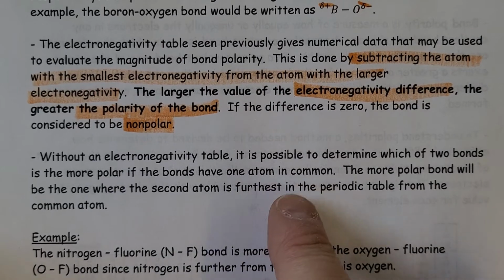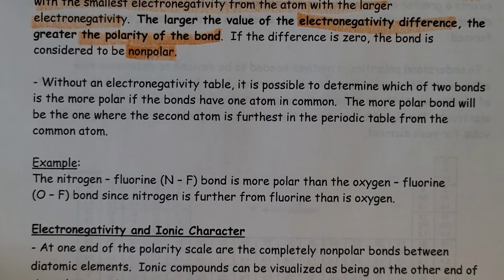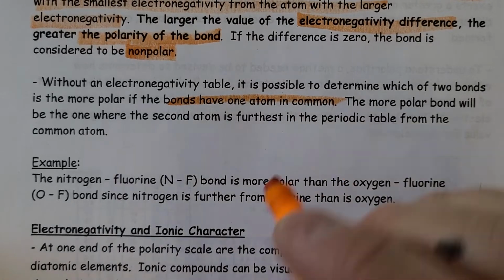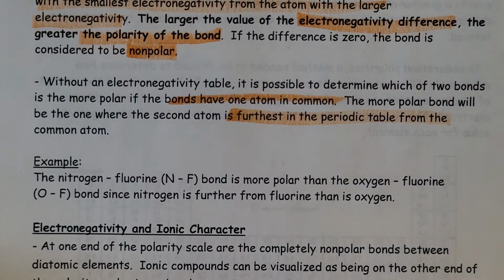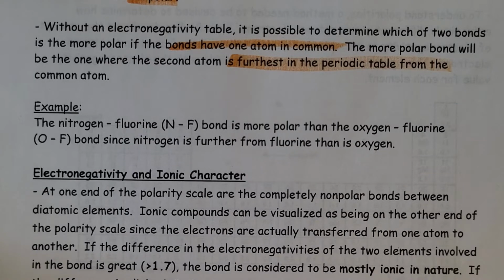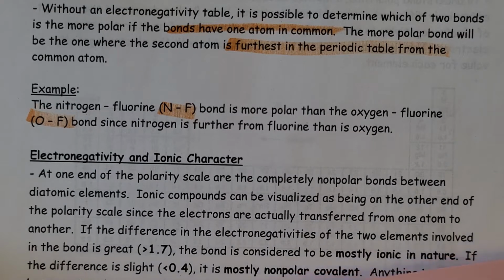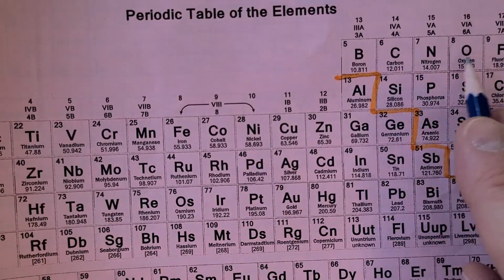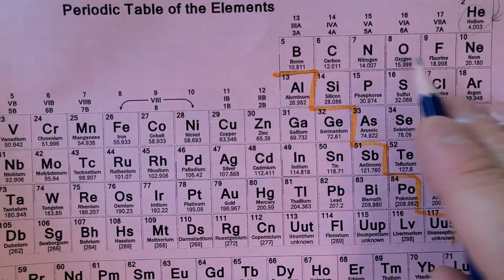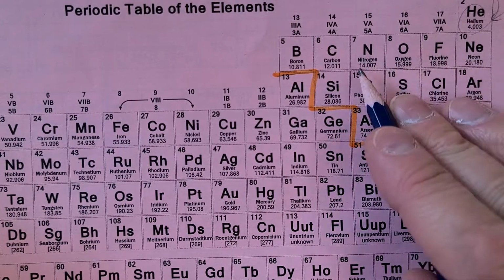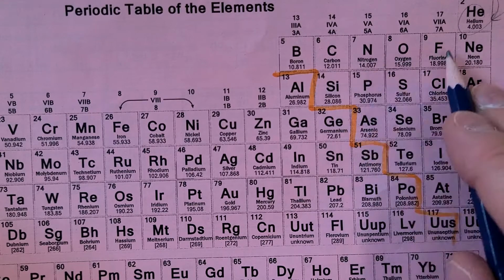Without an electronegativity table, you could still possibly determine which of two bonds is the more polar if the bonds have one common ion or one common atom. The more polar bond will be the one in which the second atom is the furthest from the first. So for example, if we're comparing a nitrogen and fluorine bond compared to an oxygen and fluorine bond, all we need to do is just look at a regular periodic table. NF versus OF. So you can see here that the NF bond must have a greater electronegativity difference because N is